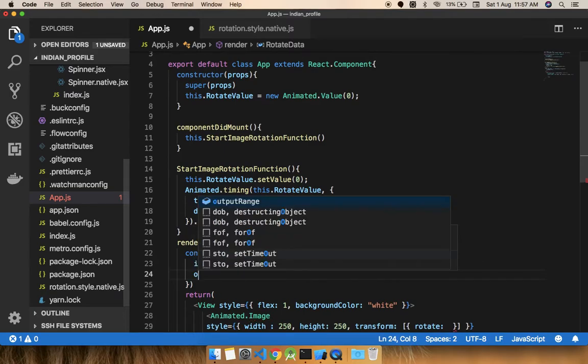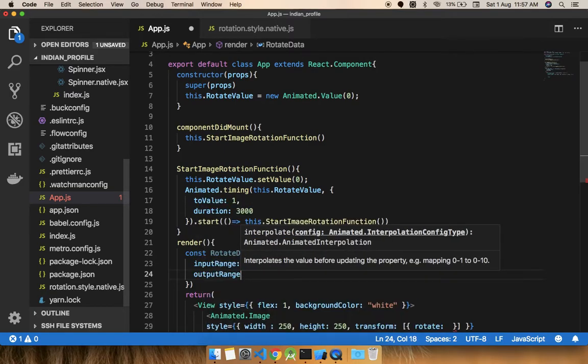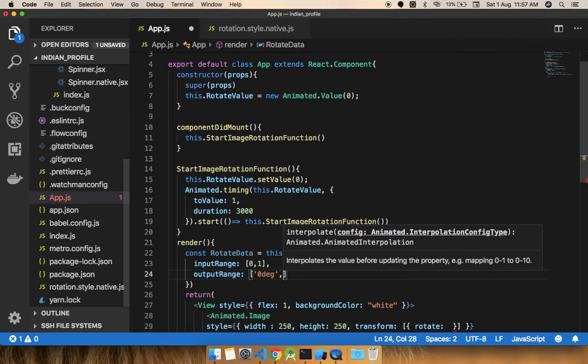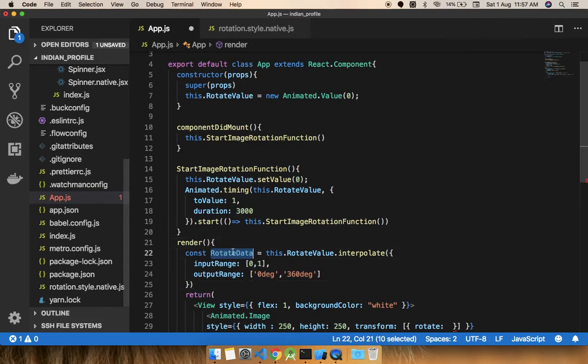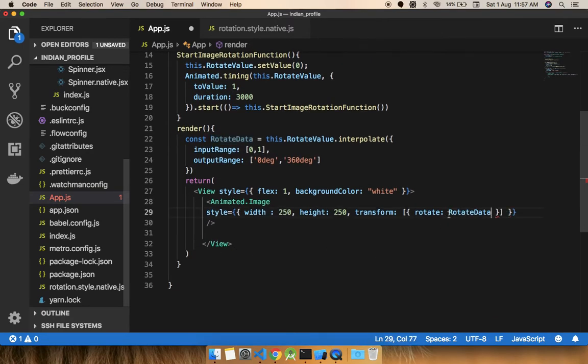And we can give an output range, in which we pass the degrees from the initial to the final. I need it to rotate a full 360 degrees, so I pass 0 degree to 360 degree like this. Perfect, cool, nothing else, you just need to pass it as rotate data here.